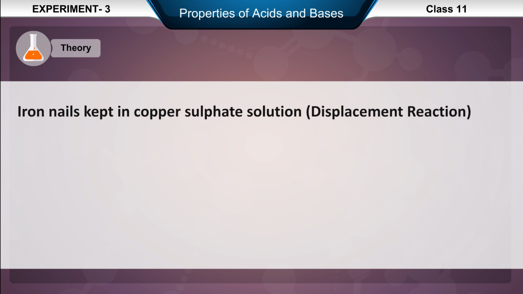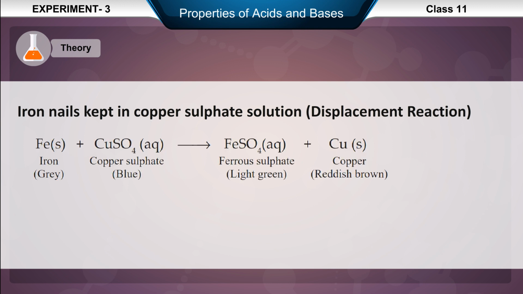3. Iron nails kept in copper sulfate solution, displacement reaction. Fe in solid state, iron, gray color, plus CuSO4 in aqueous state, copper sulfate, blue color, results in FeSO4 in aqueous state, ferrous sulfate, light green color, plus Cu in solid state,